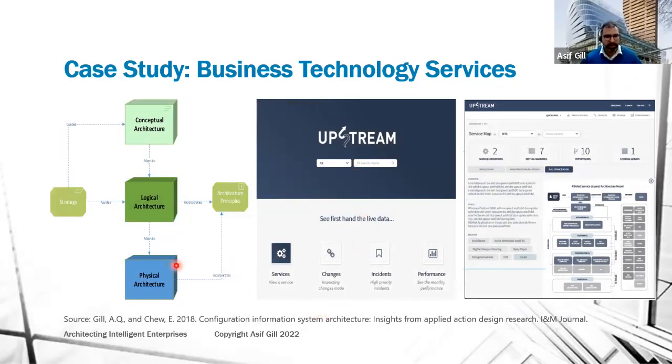This was from one of the central banks I worked with. We did that business technology services data, and the data were pushed up. The bank has about 225 plus services. How you collect data about it, and then you look at the service-oriented architecture approach to map their data, map their architecture, and each service has their information. And the service has all the dependencies and different layers of the architecture. You can look at this article for further information.